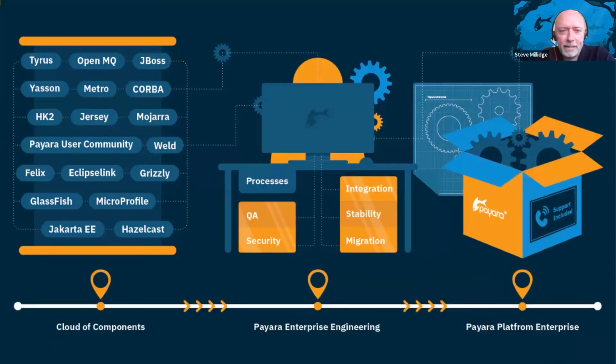So the way we see it is there's a whole pile of stuff on the left, components and standards and APIs that are being generated out in the open source. And what we want to do as Payara Enterprise Platform is take that stuff and build it, test it, QA it, and integrate it into the platform so that we can deliver an integrated Payara Enterprise that you can then be confident that you can take and deliver your applications on without too much complexity.